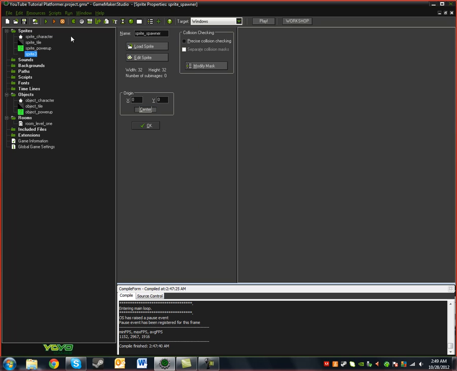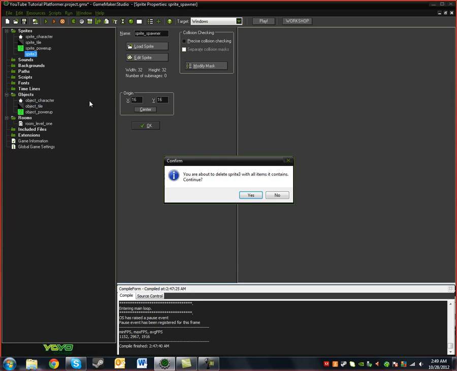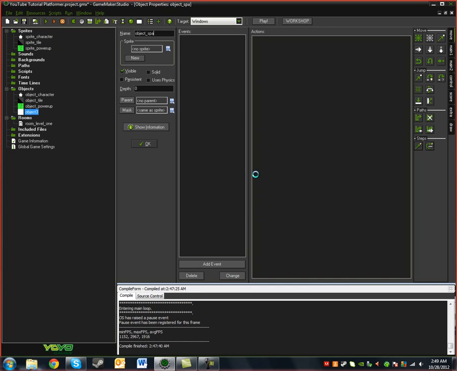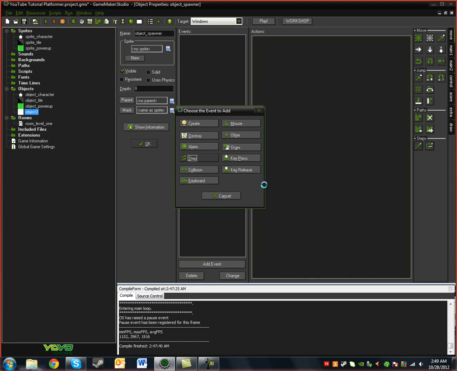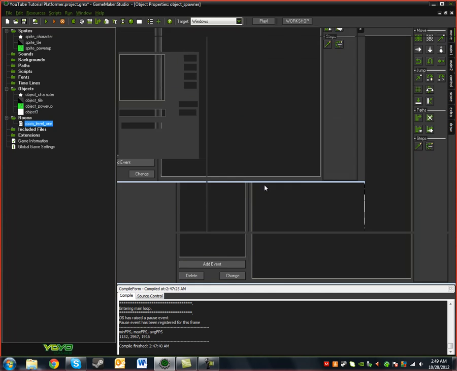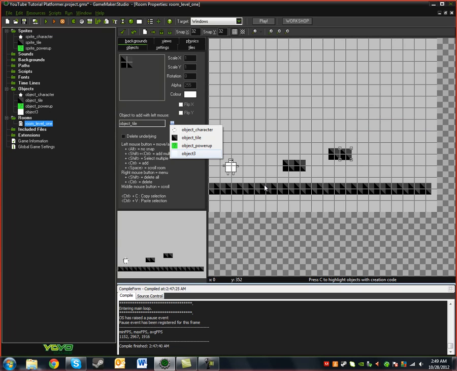No, we don't need to make a sprite. You can just assign an object, no sprite. Oh, okay, that works too. So delete that. Yes, okay. So just make an object and call it object spawner, and it doesn't need a sprite. All we're going to have it do is nothing. Actually, it's just a place for positioning. So we're going to put that